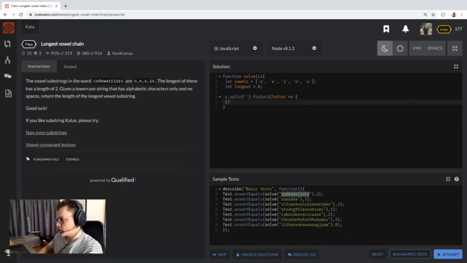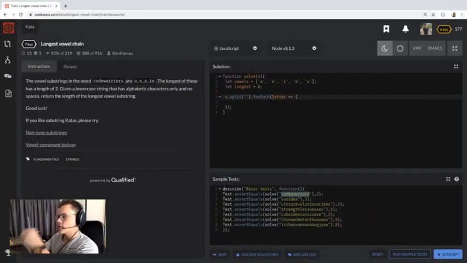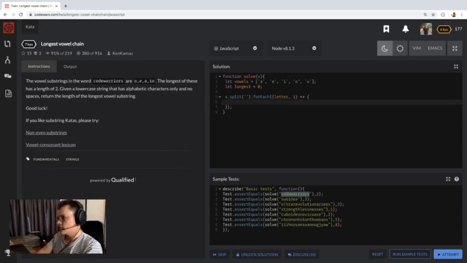Okay, so now we have to check, is this letter a vowel? We actually need an index, right? Whoops. We actually need this index because we want to look at the next index. So the letter at the index, and letter at I plus 1, so the next index,